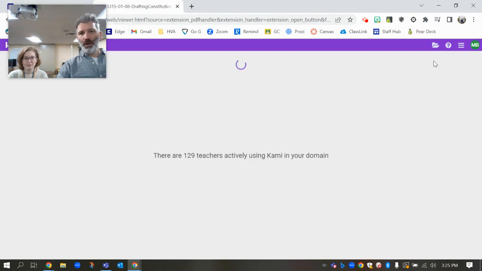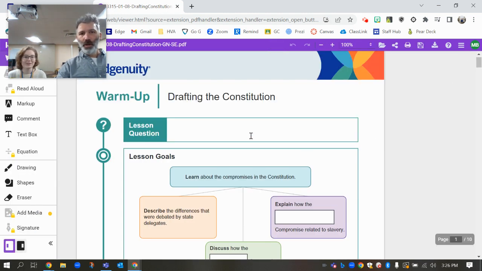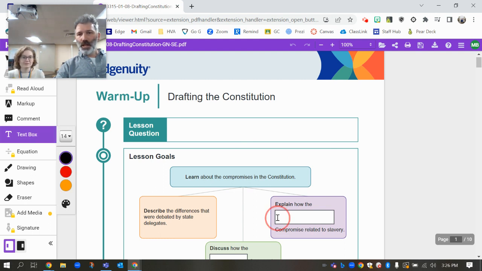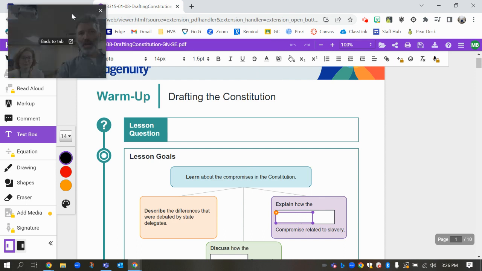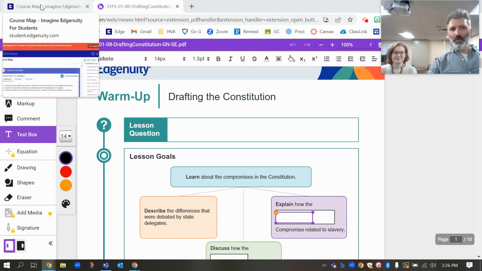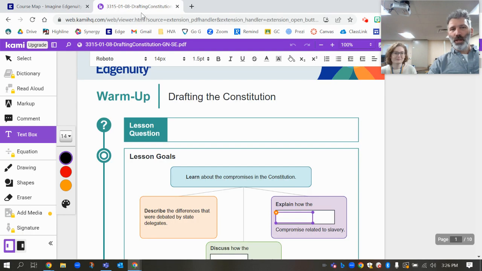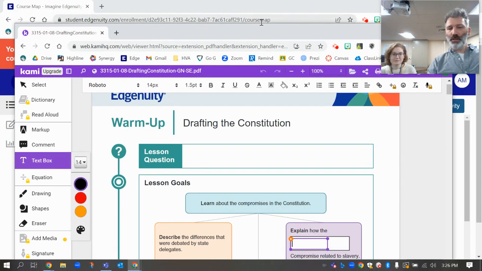So I just clicked on open with Kami, or that little purple K button. What this allows me to do is edit these text boxes with my own writing. And so while I'm watching the videos in Edgenuity, I can be taking notes on these guided notes. Now you have this situation where you might be trying to tab back and forth. What you might find is that you can do this fancy